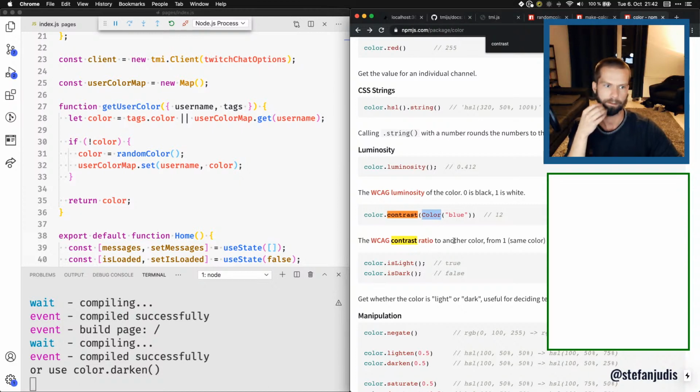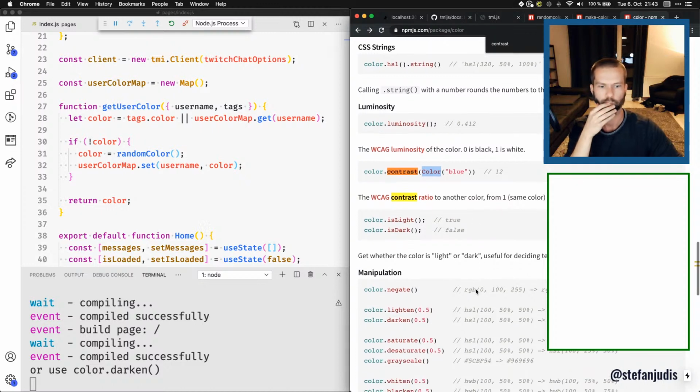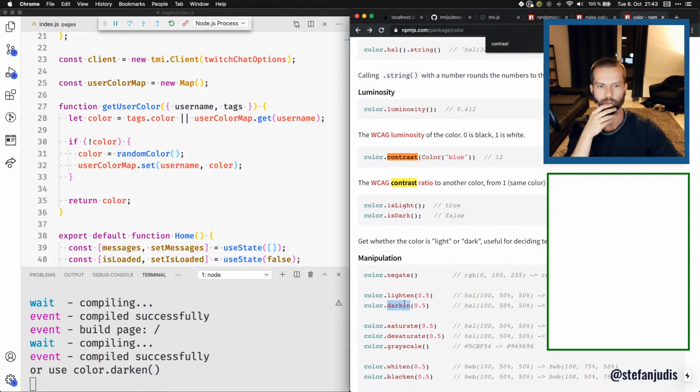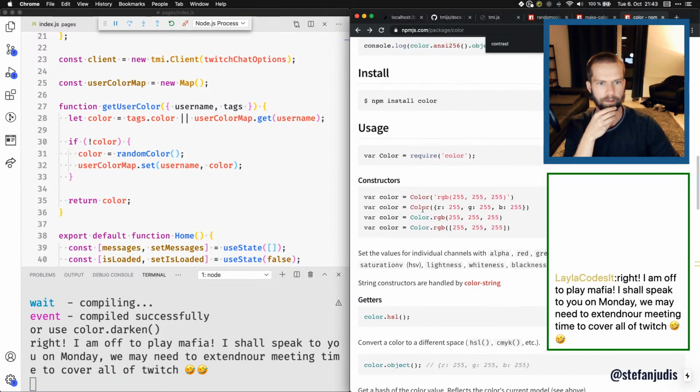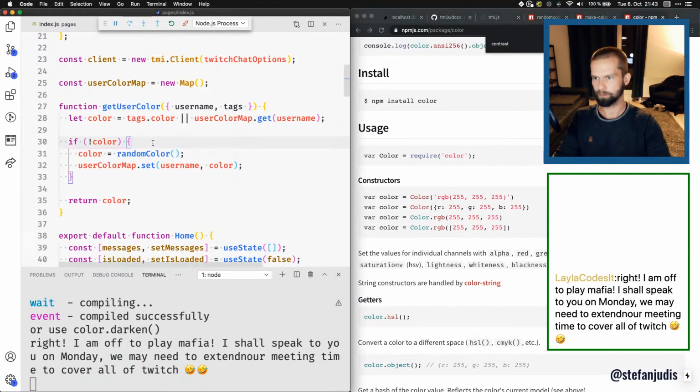Wait, there's another color from, okay. So what we could do is color a constructor, or how does it work? Okay, so we have, what we could do here is, because